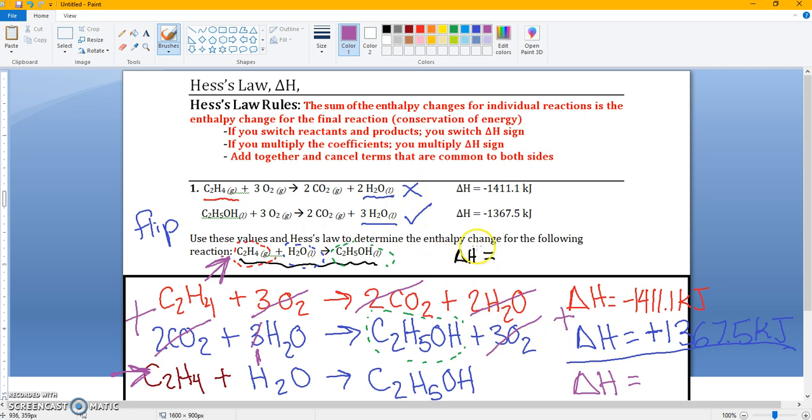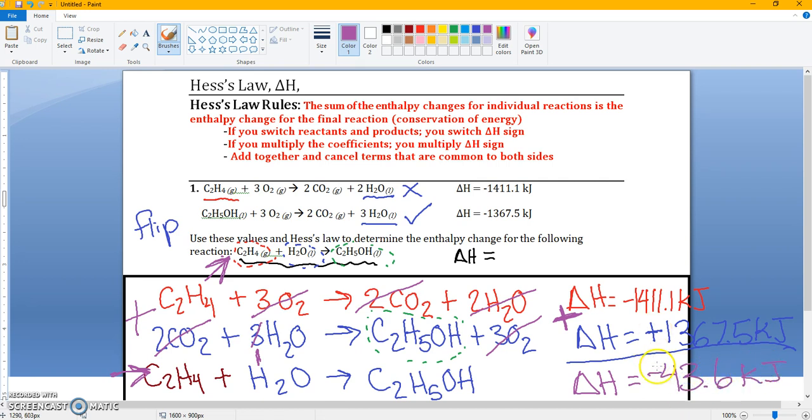So that means I did it right. I used my equations correctly. Then, in order to find the delta H for this new reaction, I'm going to do the same thing. I'm going to add my enthalpies together. So I'm going to add a negative 1,000 plus a positive 1,000, and I get negative 43.6